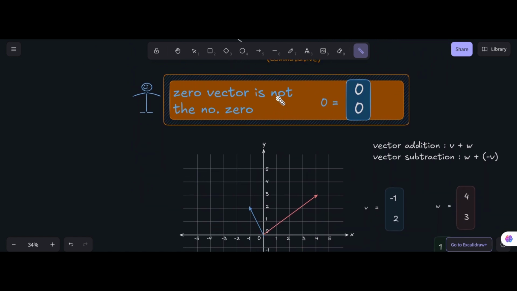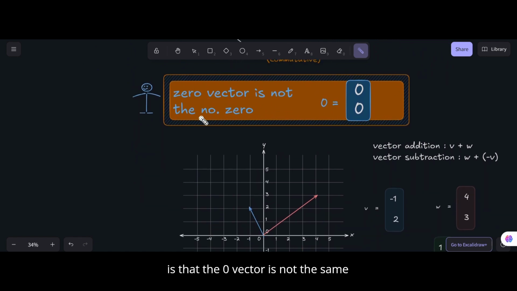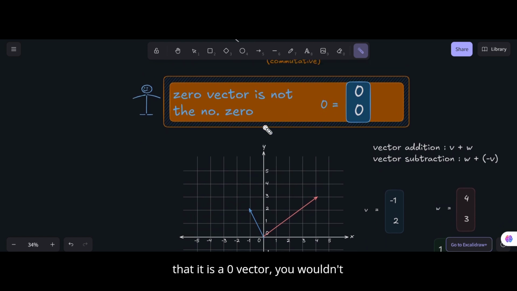Now one thing to note is that the zero vector is not the same as the number 0. So if I'm saying that it is a 0 vector, you wouldn't assume it to be the number 0. Now why do I say that? It is because the number 0 is just a scalar that has no direction, but the 0 vector is basically a vector that is living in a vector space. It is living in a vector world, and that is not the same as the number 0, because it has components. Now in this example there are 2 components of this vector 0,